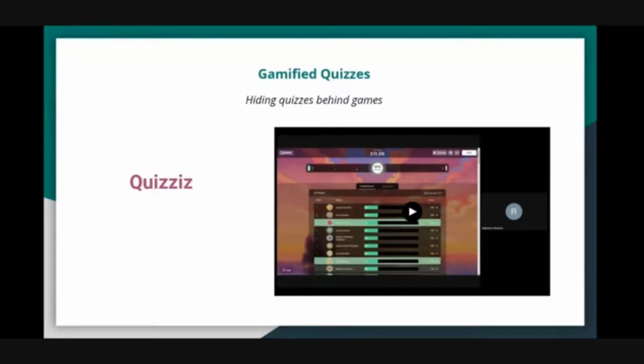I'll come to why we would not recommend this as a serious tool for evaluation, but at the end of a class for a knowledge check, this is a really great tool to engage students. They find it really interesting, and the teacher at their end can actually see the live leaderboard being updated. So here's the demo.